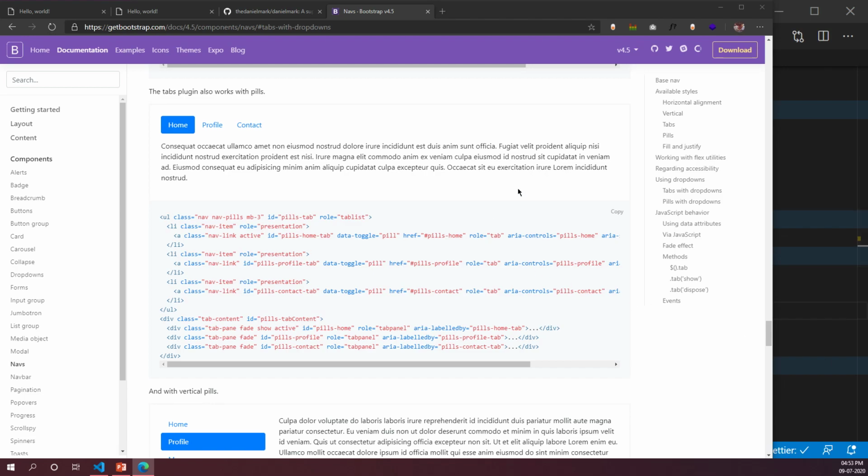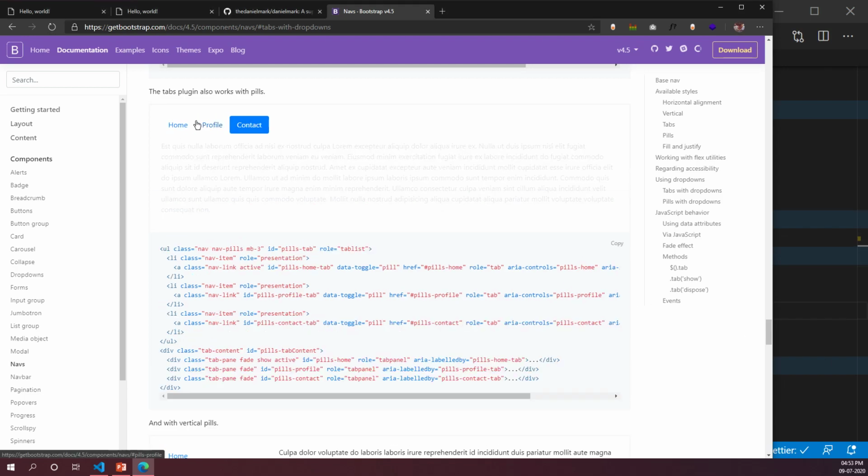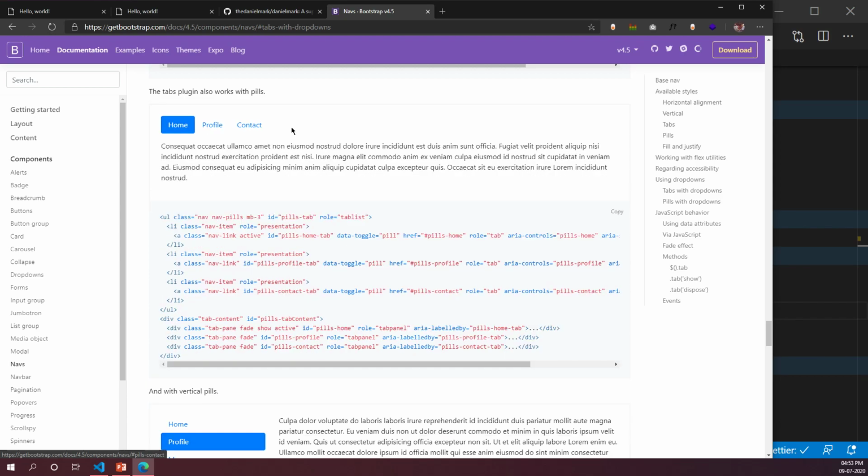Okay guys, you see my screen, right? I've sent a link. Open the link. You'll find tabs, okay? Just go to that part and copy that code. Meanwhile, I'll just finish this and I'll get back to you.